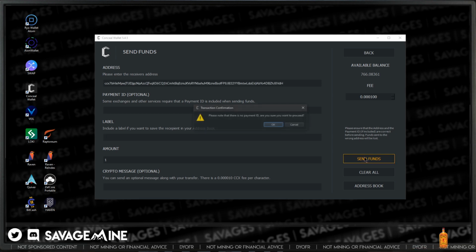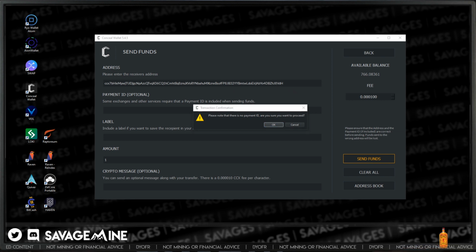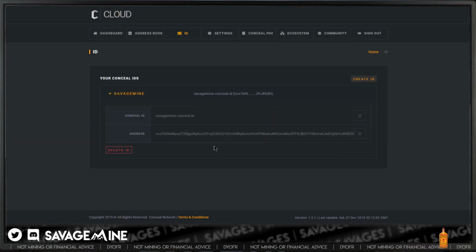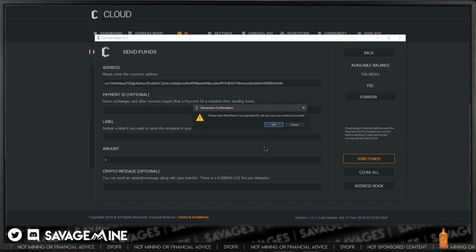So it actually resolves it. Let's go over here. What's the actual address here? Yep, that's the address. So it has actually resolved it in the wallet. Okay, I didn't know it did that.